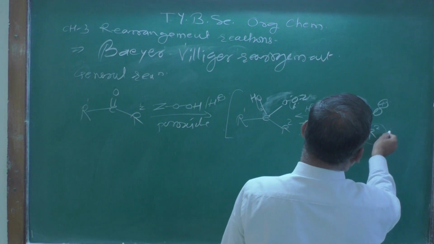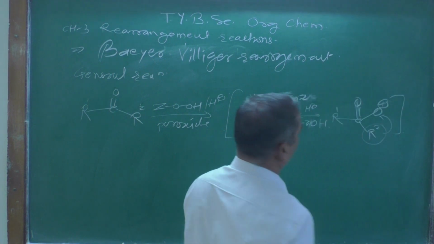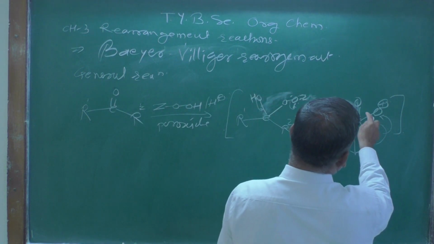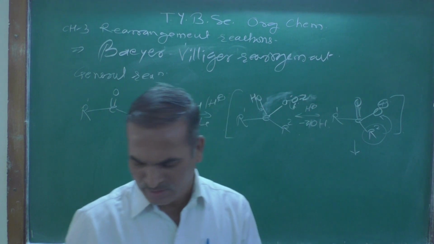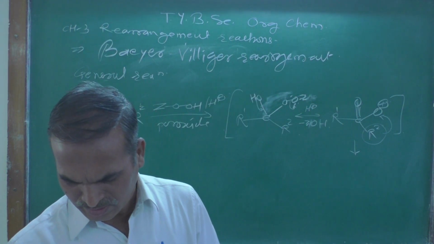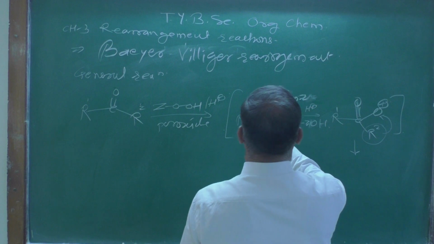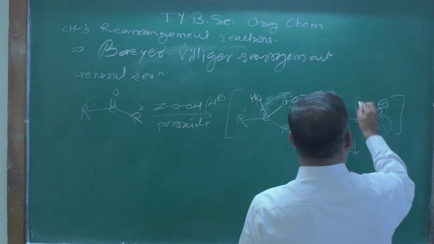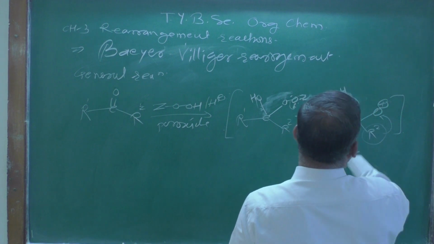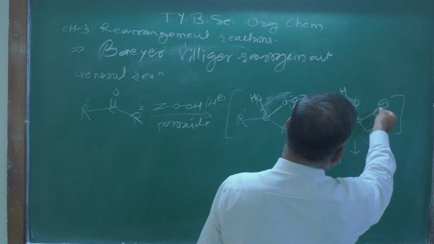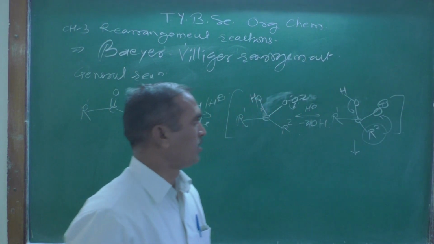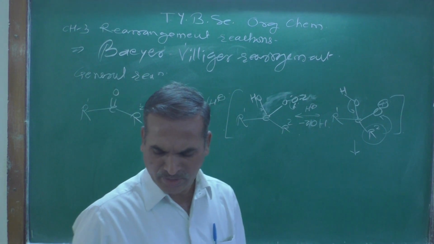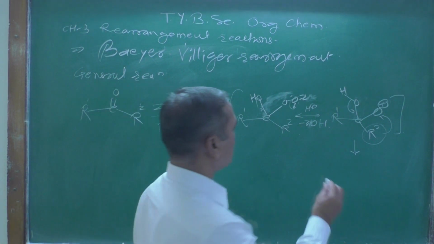This R is migrating from here to here, and the resulting compound will be obtained. The 1, 2, 3, 4, 5 bond is never seen over there. So here still this is not shown over there. Here you can show only as an O, and this is now forming over there, and after that it is migrating from here to here. So finally what you are going to get, where Z is equal to